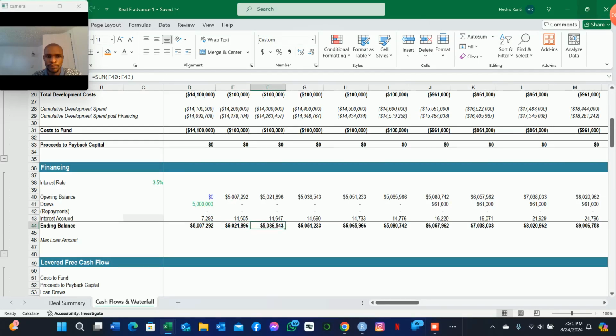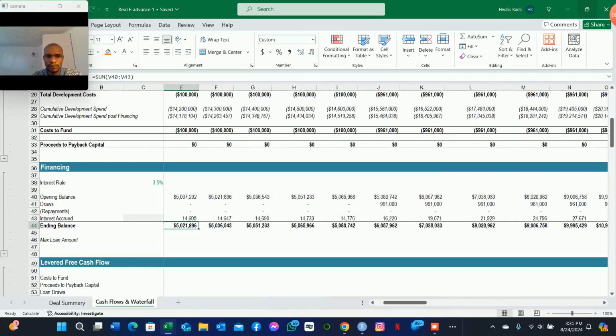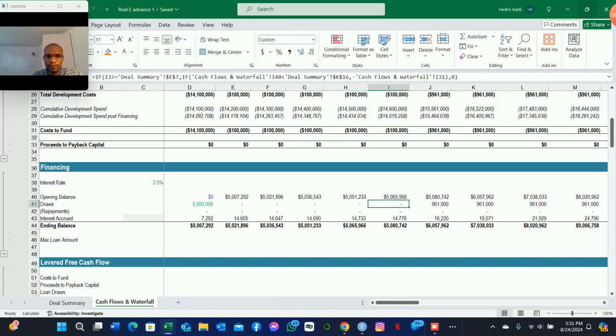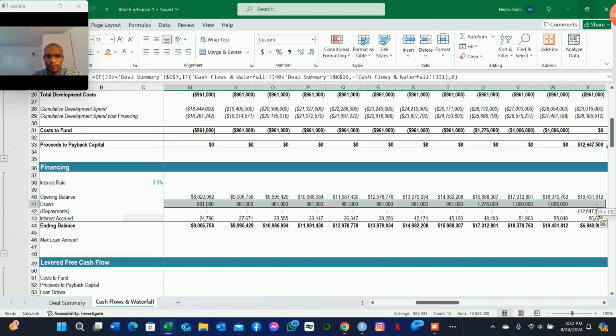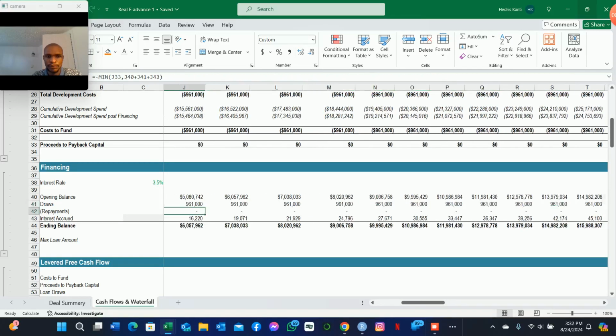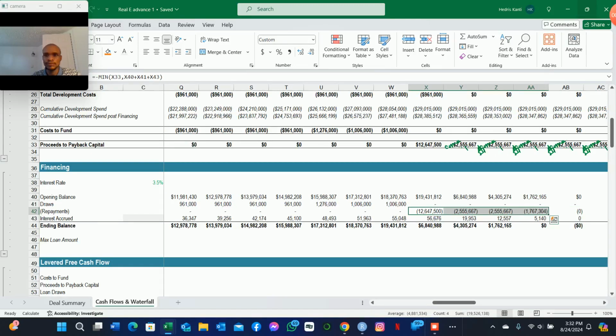So having that done, we saw that in this section, when construction starts, they drew approximately $961,000 to fund the project every month until the point where they started having positive cash flows coming in, so they could now begin to repay the debt until this point when they